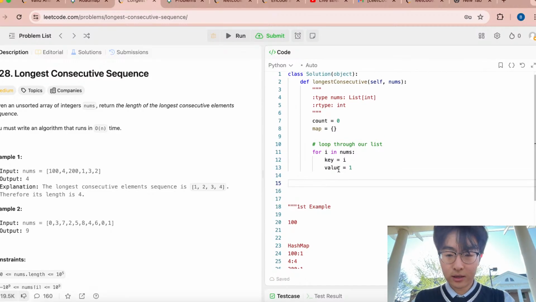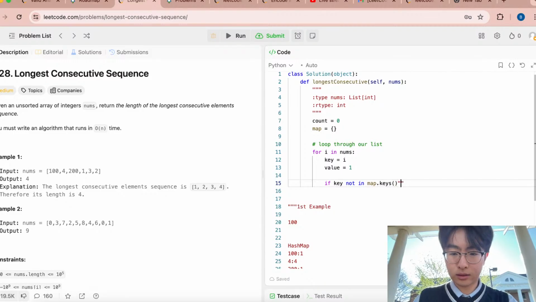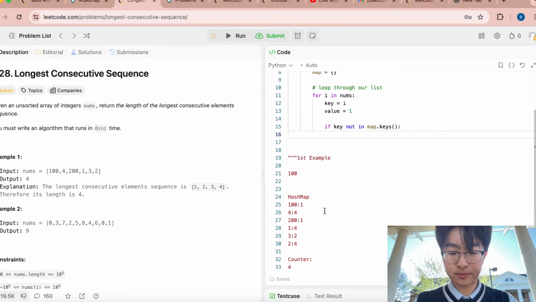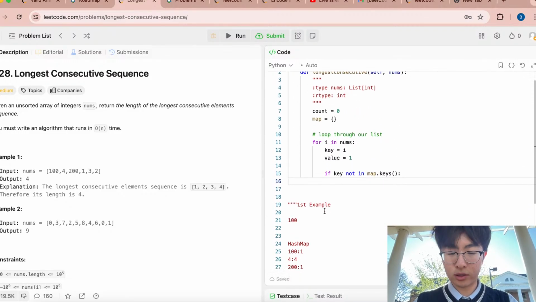We check if key not in map.keys. Right, we only care if our number isn't in the actual hash map itself or the dictionary. Okay, so if the key is not in the map, then what we want to do is we want to check